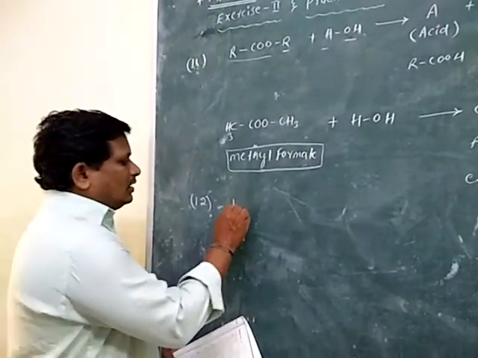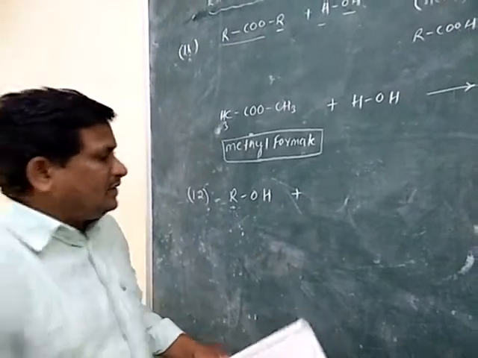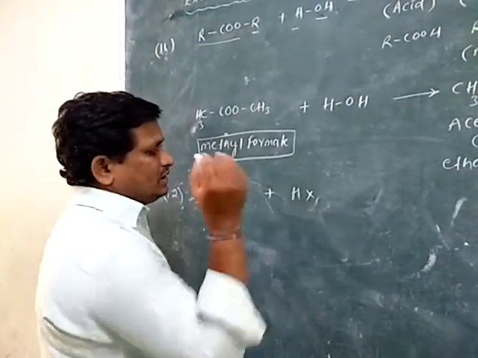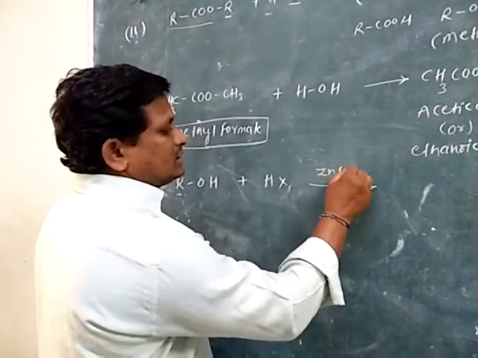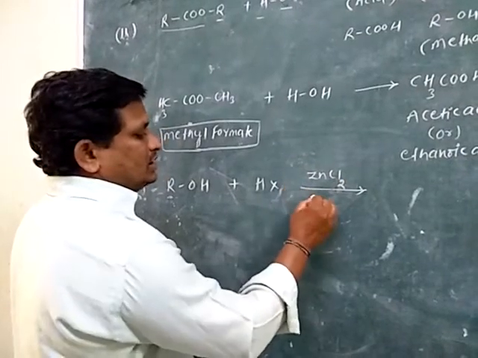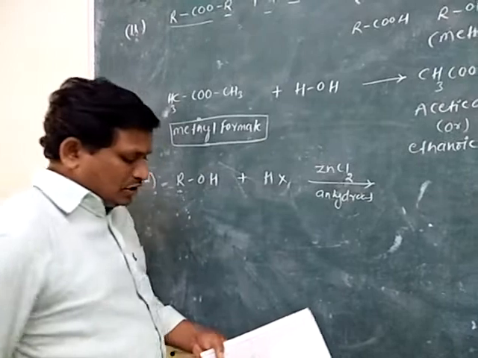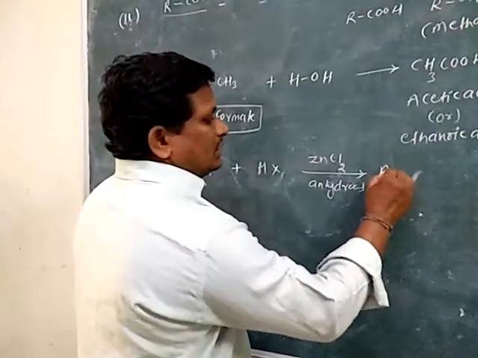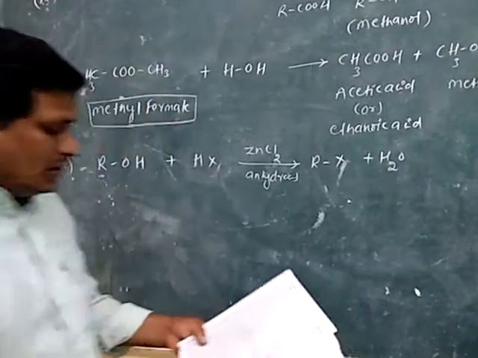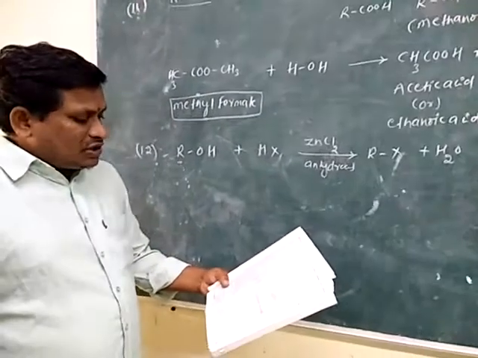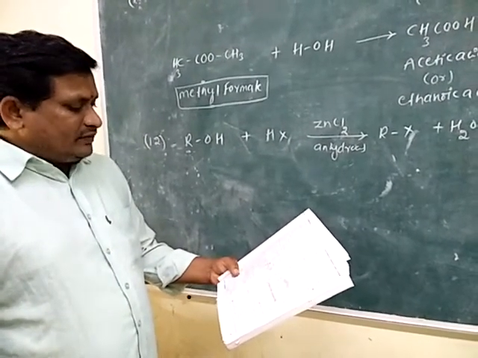Generally, ROH is the alcohol. It is treated with HX in the presence of anhydrous zinc chloride. So then it gives alkyl halide plus water. So in this reaction, the reactivity of alcohol is